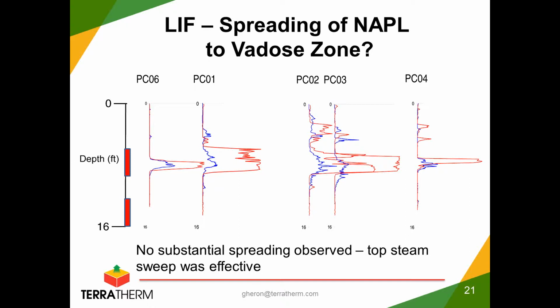So you can see that we haven't removed all the aromatics that actually respond to the LIF sensor. Those can be big carbon atoms like phenanthrene and stuff like that. But we've strongly reduced the signal, and in a couple of places we have actually smeared it down just a little bit. You can see PCO3 out to the right as a little indication that maybe by the steam we did,